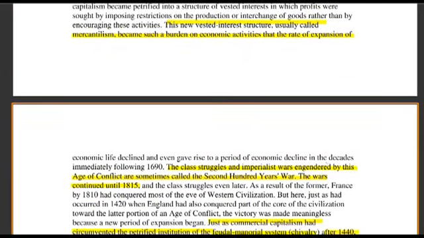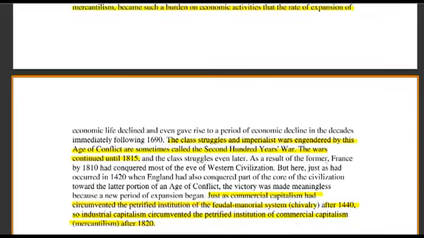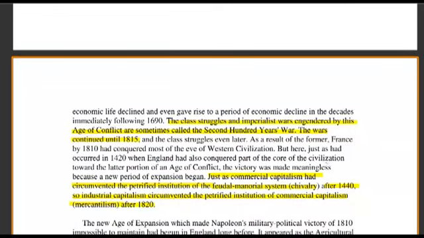And after that, it also starts to slow down and decay. And then that's going to give rise to another struggle or age of conflict. And they're going to call this the Second 100 Years' War. And then this continued until Napoleon, which was in 1815, where France under Napoleon conquered most of the core